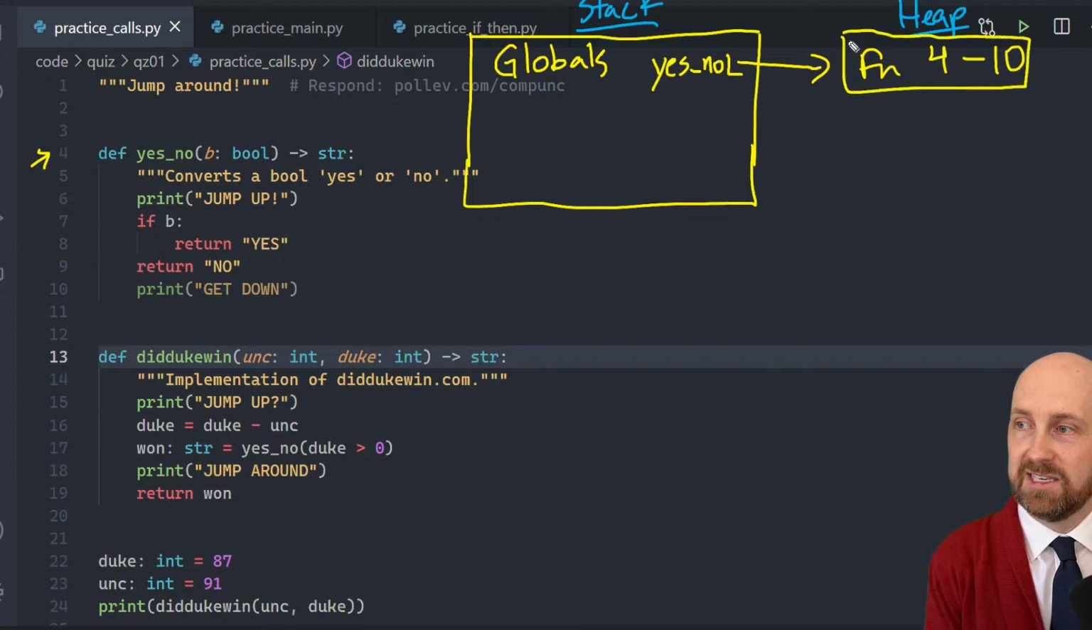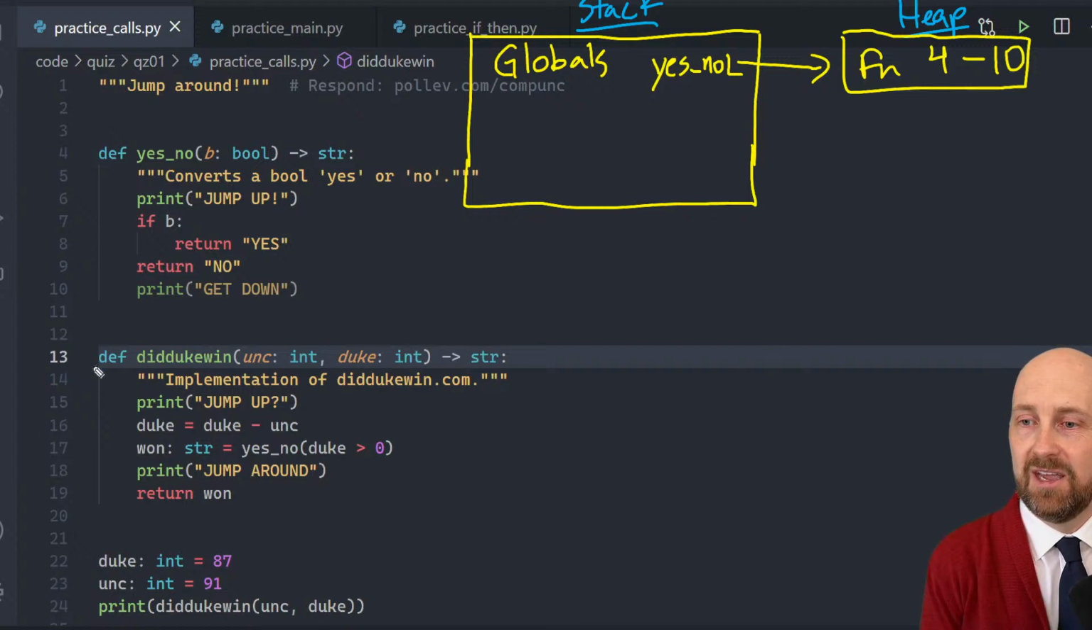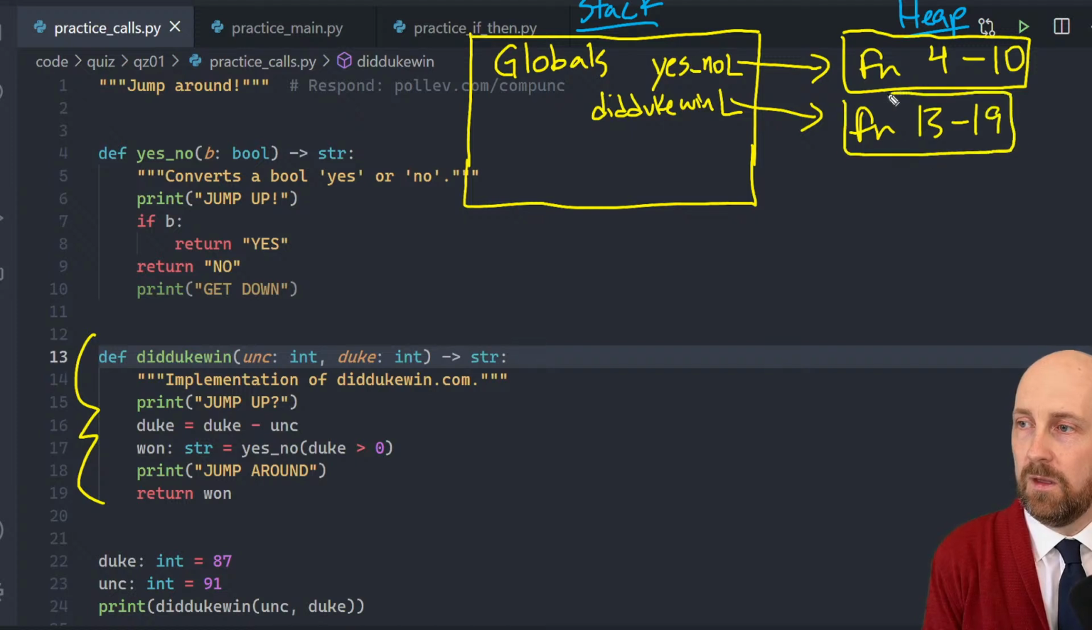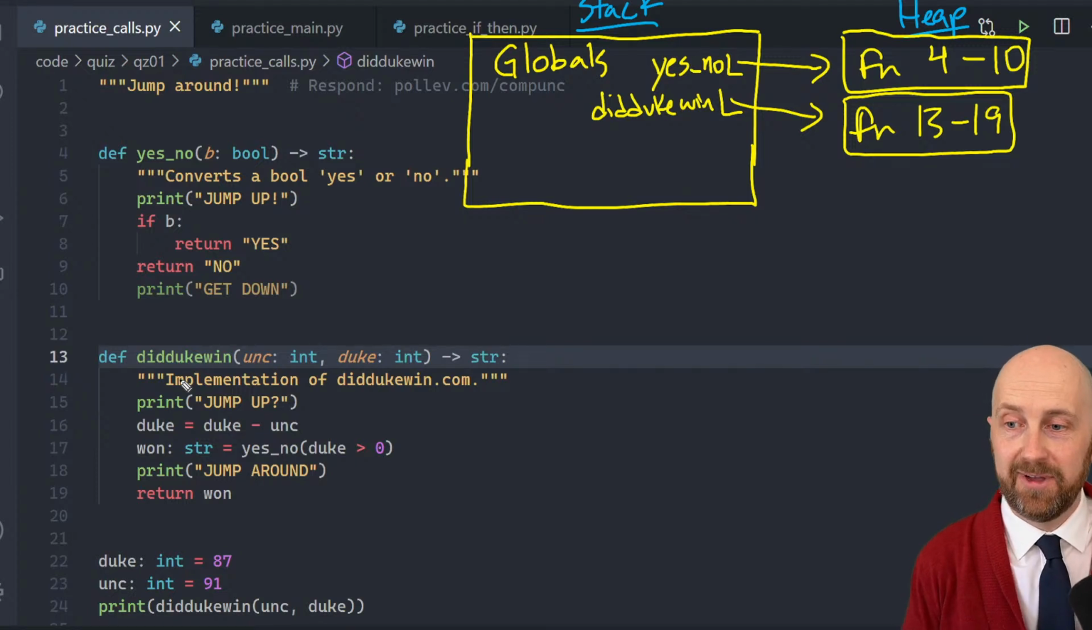Now remember, we're not going to look inside of that function and worry about what it's doing yet. We're just saying, hey, we've encountered a definition of a function, and we're going to mark that down in our globals frame. Same idea with this function definition. So there's a function named did_duke_win, and that is a function that exists on lines 13 through 19. So that's where its definition is found, lines 13 through 19. Once again, we're going to ignore what's inside of this function definition until we are evaluating it. All right. And there's nothing